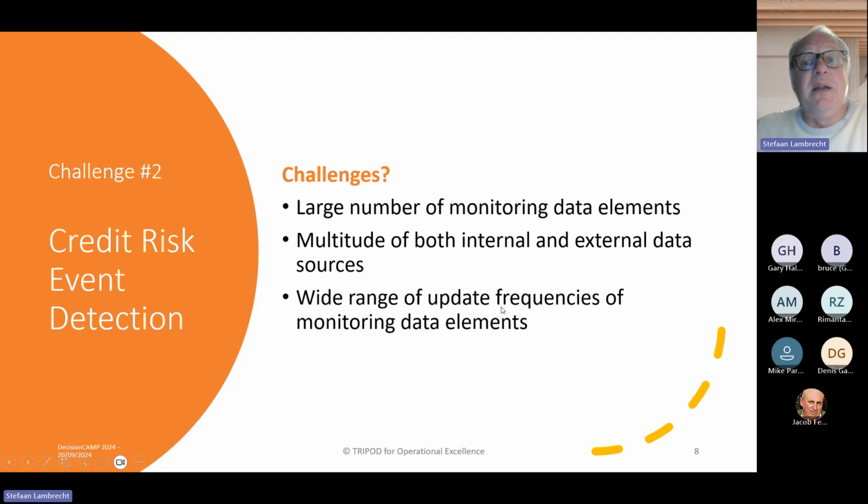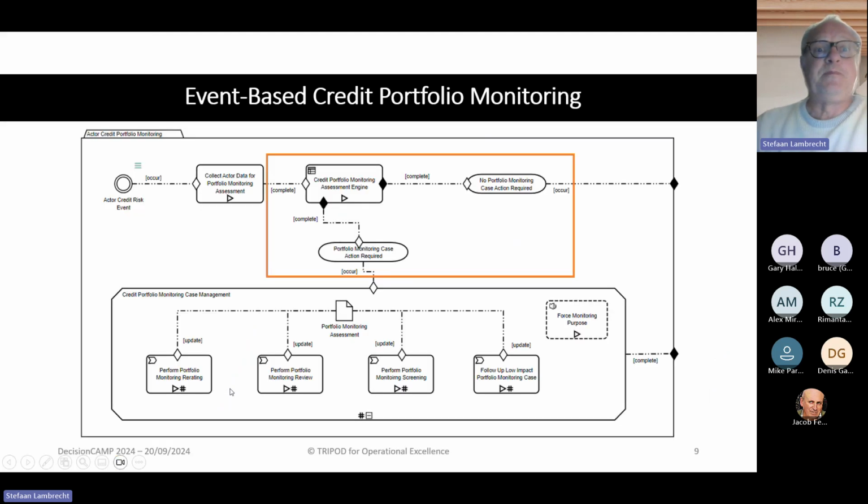And what is also a challenge is that certain of these information or data elements have different update frequencies. It can be updated any moment, and some of them will be updated only once a year. For instance, an annual account is only published once a year, so you only get that information once a year. And everything in between can happen at every moment, so that can come in as a detected element.